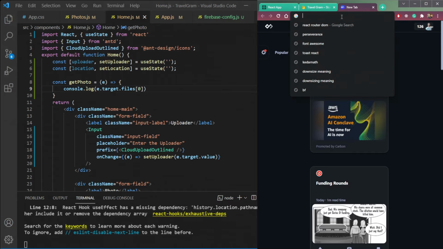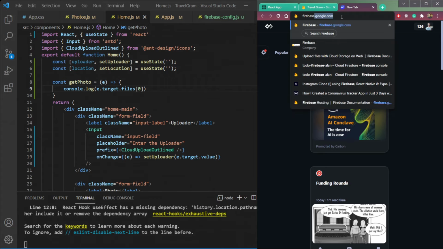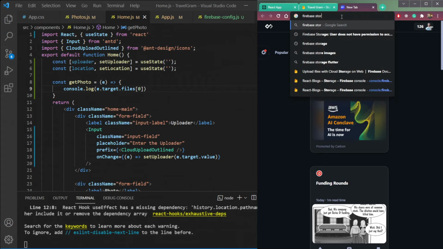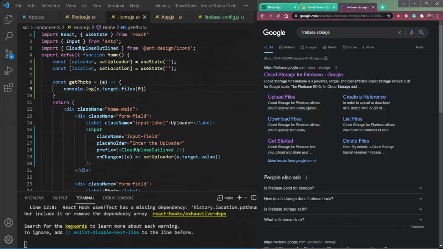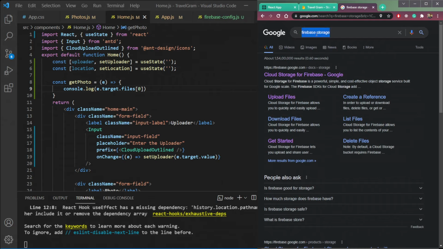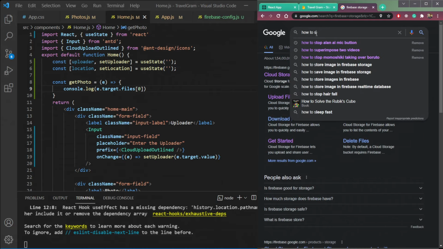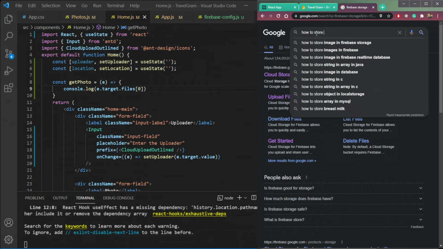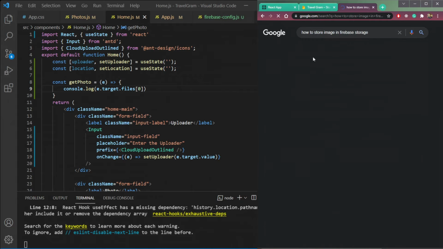So let me search Firebase storage here, and let's search for how to store image in Firebase storage.